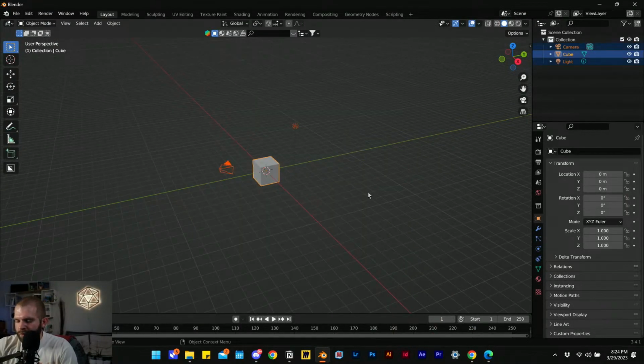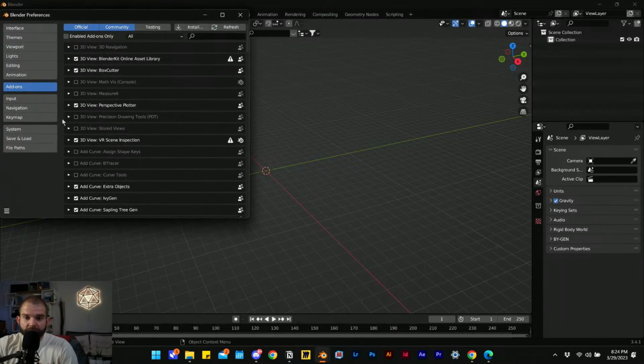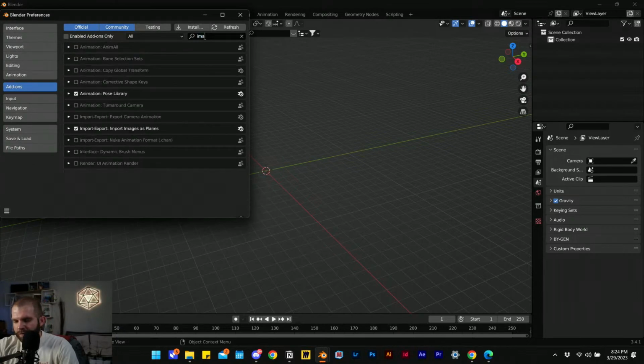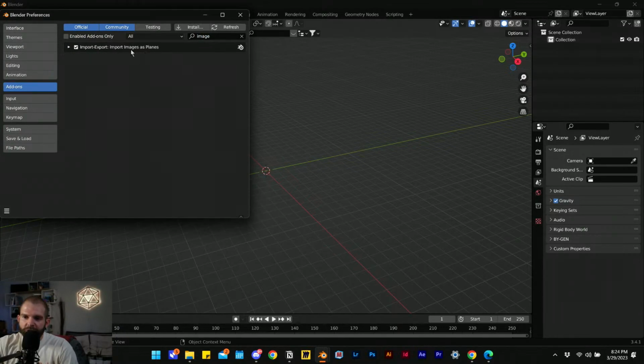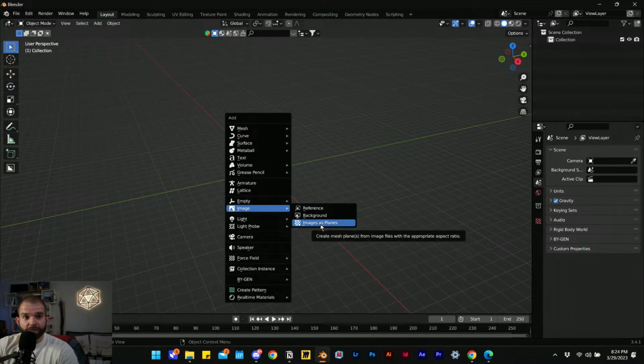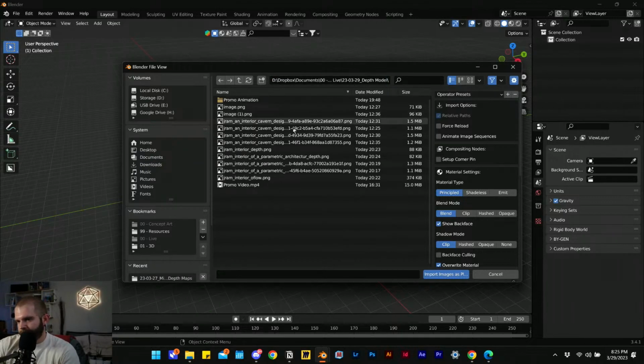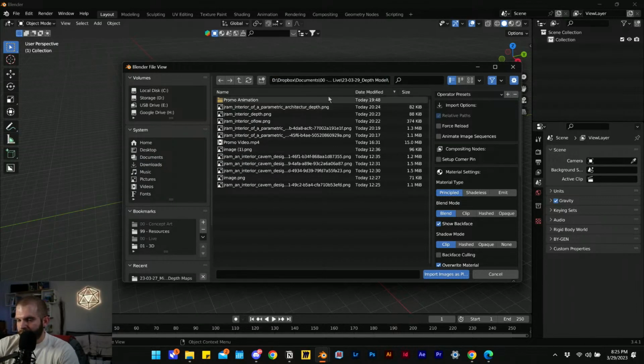So within Blender, we're going to delete everything. We're going to make sure that first in your preferences you have the import images as planes add-on enabled. This is an add-on that comes with Blender, so you just have to enable it in order to start using it. So we make sure we have that checked. We do Shift A, image, images as planes, and then we can refer to our folder here in order to bring in those images that we created. So modified, and we'll skip the depth. So we could try this one first,